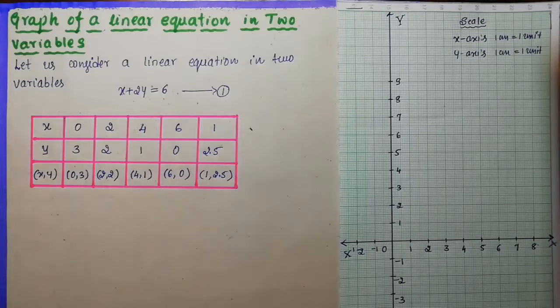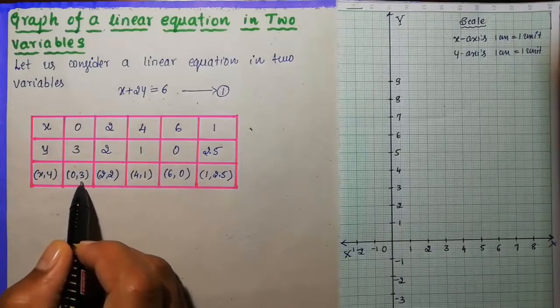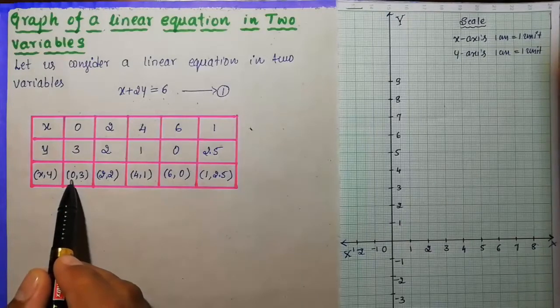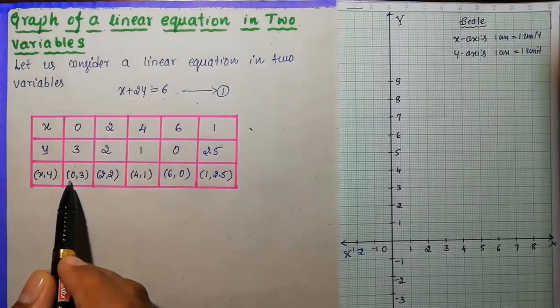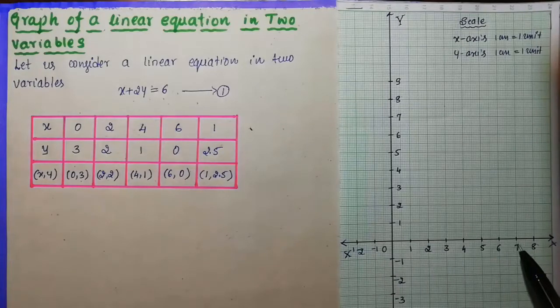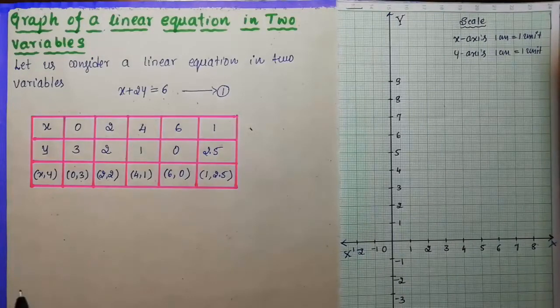So now the next thing is I'm going to locate these points. It is already known to you. Now look here, the first point, 0 comma 3. Look here, the third row only, 0 comma 3. 0 comma 3 means it lies on which axis? Now look here, x coordinate is 0 means it lies on the y axis. I told you in the previous chapter, on the y axis the x coordinate will be 0, on the x axis the y coordinate will be 0. So 0 comma 3 means it lies on the y axis, exactly at 3.